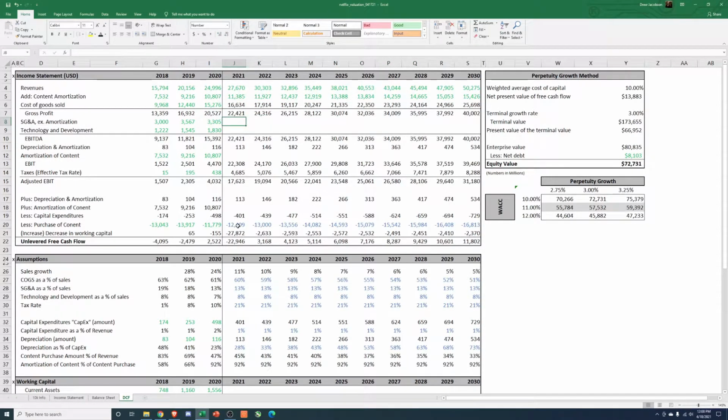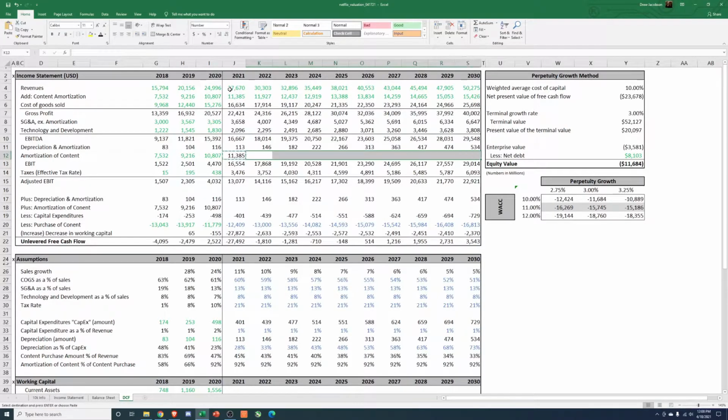Now we should be able to link everything up. So SG&A, we have this as 13% as a percent of revenue. Link that up. And honestly, I have no idea if we're going to get anywhere close to their valuation. For some reason, I'm feeling like we're not, which is worrisome. Makes me think we're going to have to assume much stronger top line growth, but we'll see. So amortization of content. This is just linked up to here. Link that up.